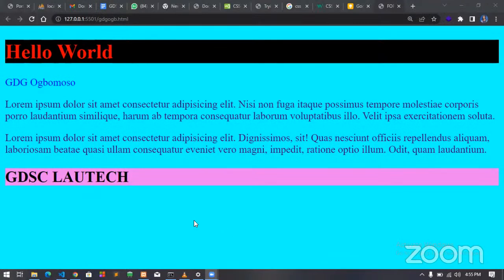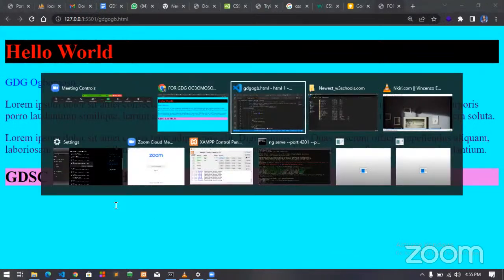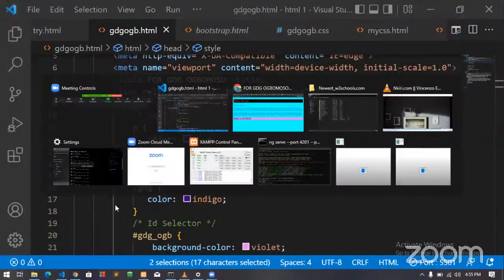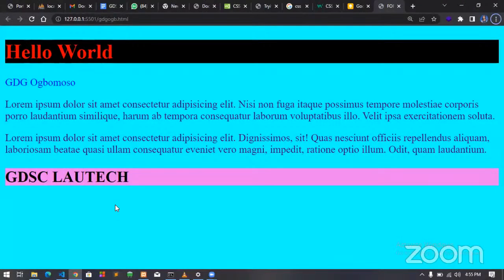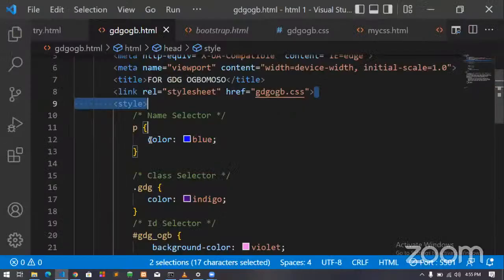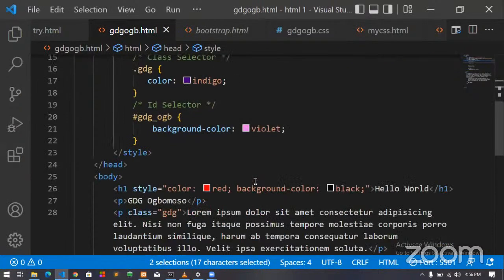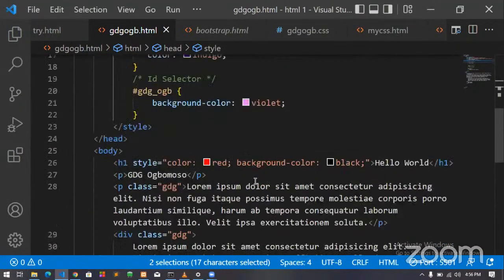Okay, great. So now the first thing we'll be talking about, the first property we'll be treating majorly, is font size. How to actually deal with font. Now, for those that are familiar with Microsoft Word, we should know what font, font size, font width, and everything are. So let's assume, where should I start from now?